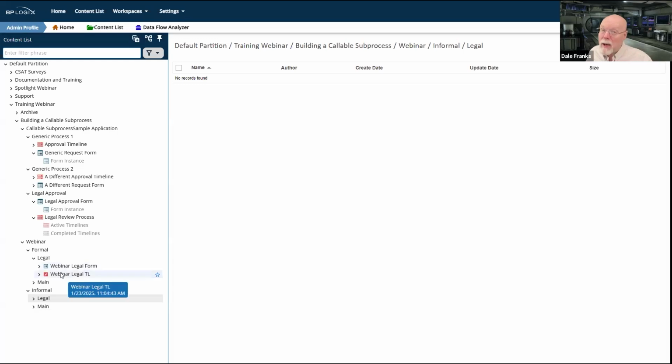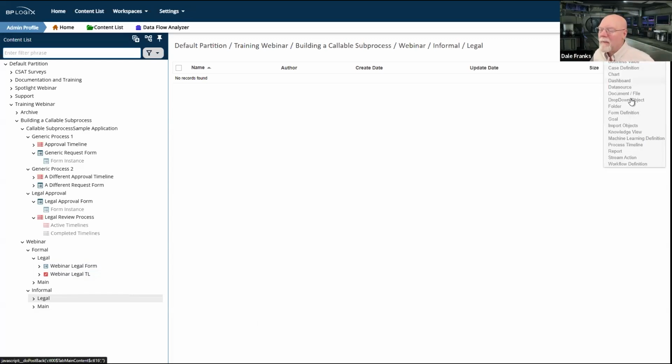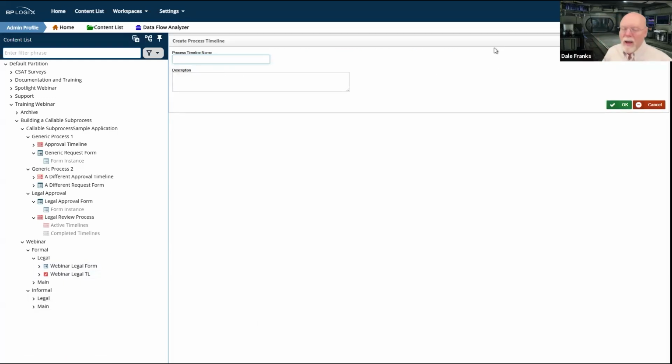Now, I still need my legal process. It still needs to be separate. I still want to have it separate so that I only have to configure it in one place, but I can call it in a lot of places. But I'm going to have to play this a little fast and loose with how I configure this. So we're going to create a process timeline, and we're going to call this informal legal TL.